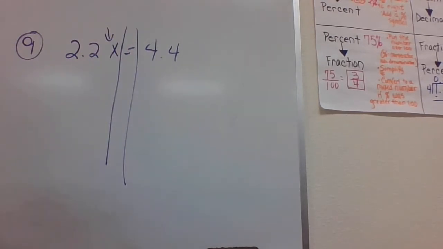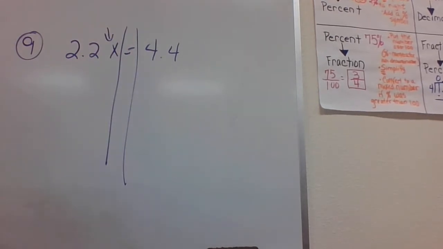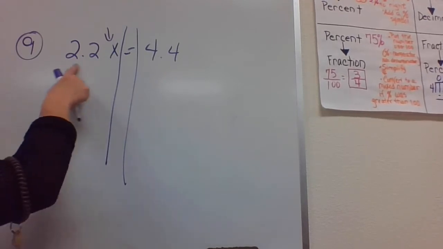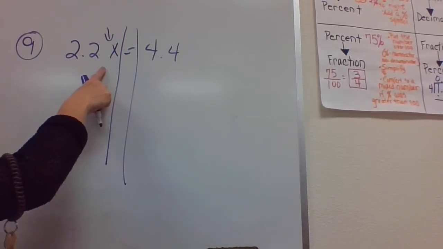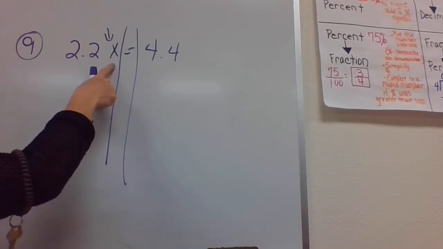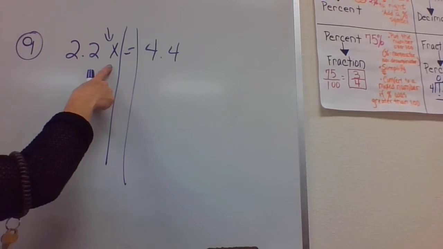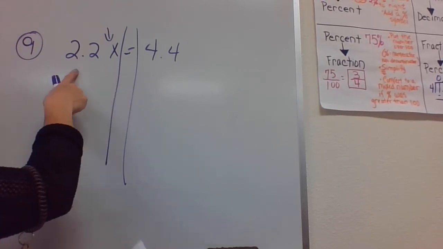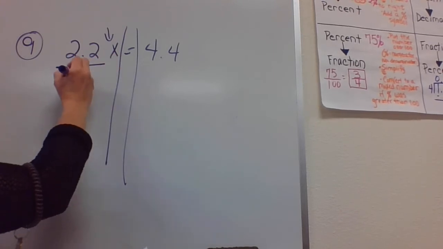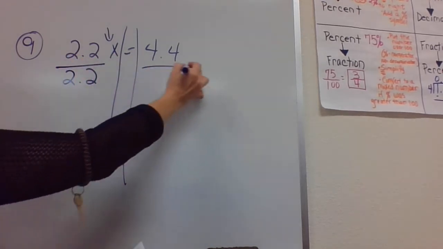I have to isolate that x. The only way to isolate that x is by using inverse operation. The operation that's happening here is multiplication. I know that because 2 2/10 is the coefficient for x, and a coefficient multiplies the variable. So the inverse operation of multiplication is division. So I will divide both sides by